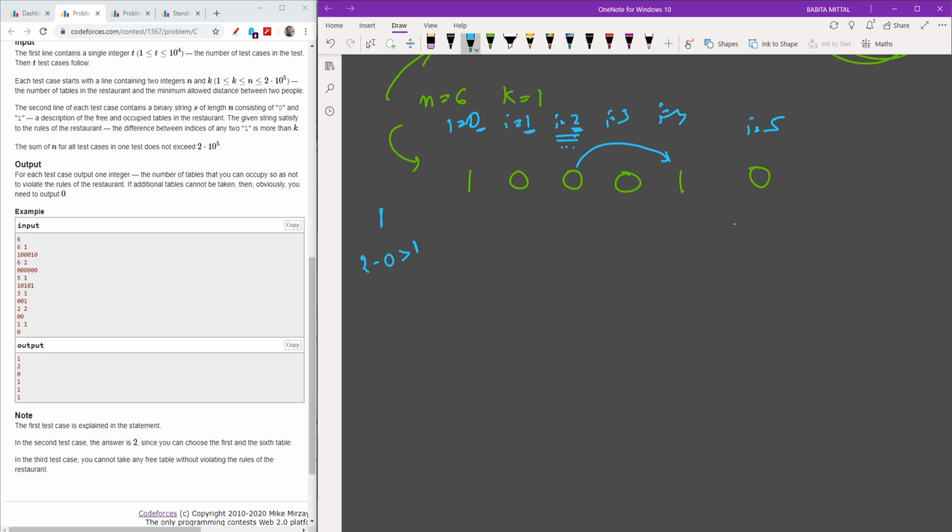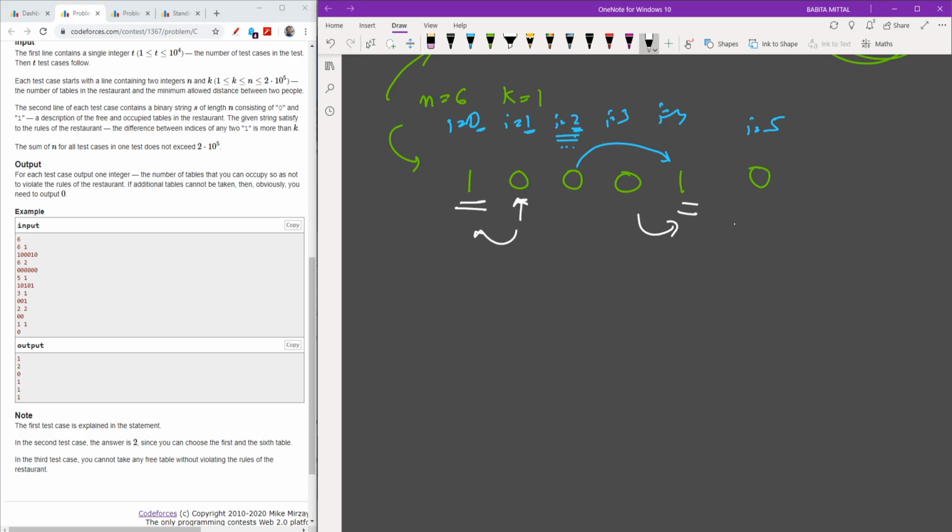So you will also check that 4 minus 2 should also be more than 1. From this I got the intuition that I need to know, for a particular index, what is the just previous 1 and what is the just next 1.